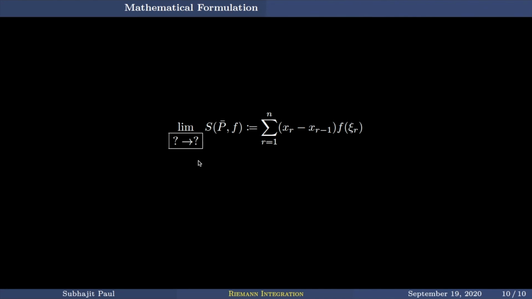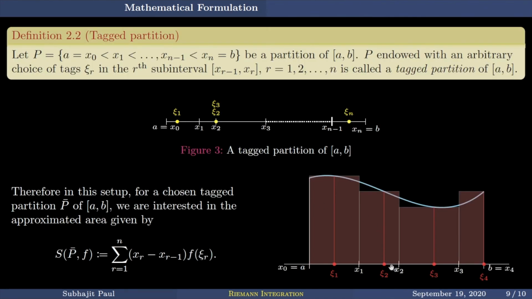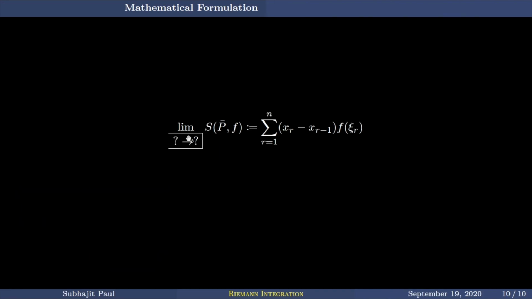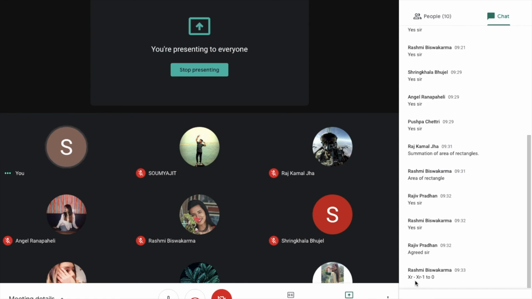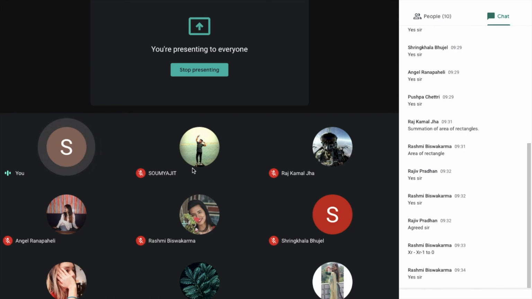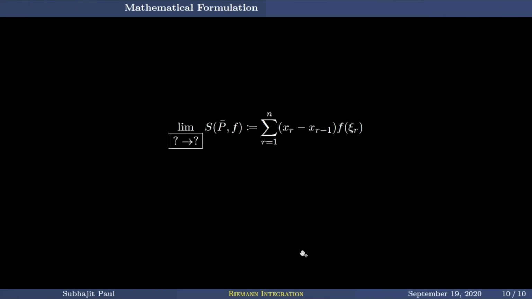Which distance? Now the problem is the distances are different. Which distance shall we be talking about? A limit on n many variables. If you want to write xr minus xr-1 tends to 0, and that should be for every r, right? Do you want to make it that complicated? Okay, keep this as your homework.